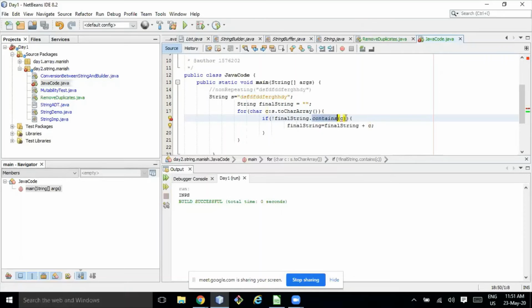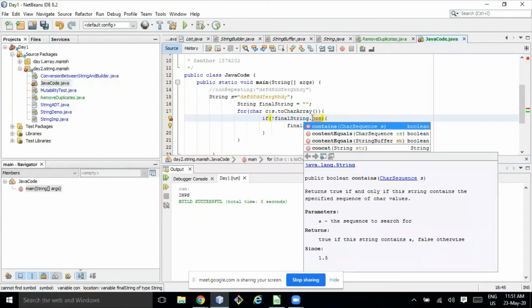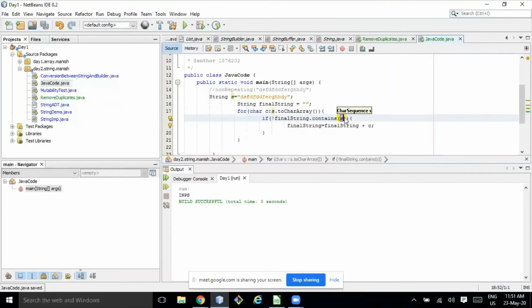It is expecting some sequence. Okay, contains, it's expecting char sequence only. Just say final string dot contains C plus empty string, because it's a char. Yeah, C plus blank. Okay.